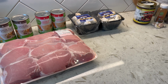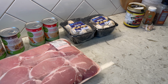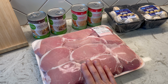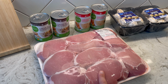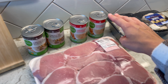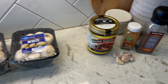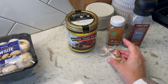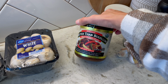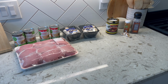Okay, so these are really easy. You just need pork chops, and I'm doubling my recipes. So I just got the big Costco pack of pork chops, and then each one will have 1 cream of mushroom and 1 cream of chicken, 1 thing of mushrooms, and then the seasonings are garlic, pepper, and paprika, and then you need beef broth, and I'm just going to use this and water,